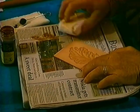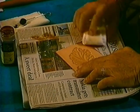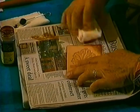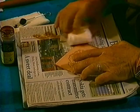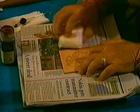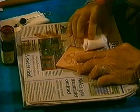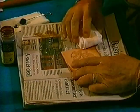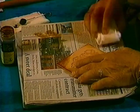And now very carefully, just skim over the surface. Do it in a circular motion, and as you'll see, you get a nice effect. Now, stay on the edge to start, and as it dries, you can come in closer to your tooling part. Make sure we first get it on the edge,